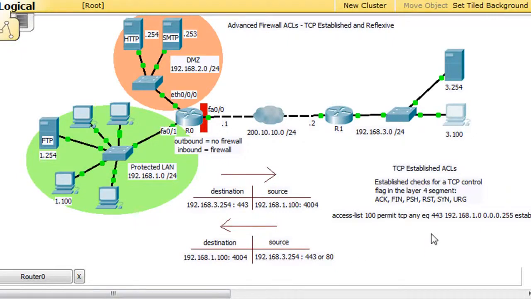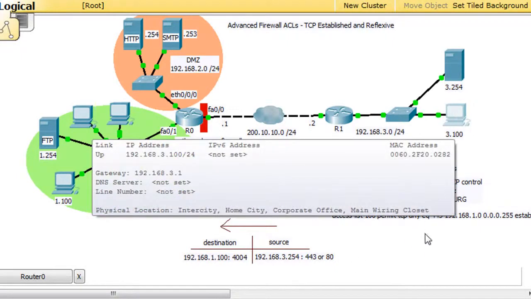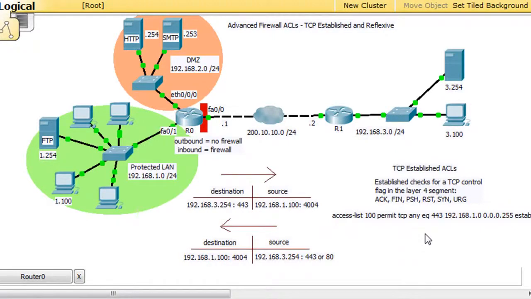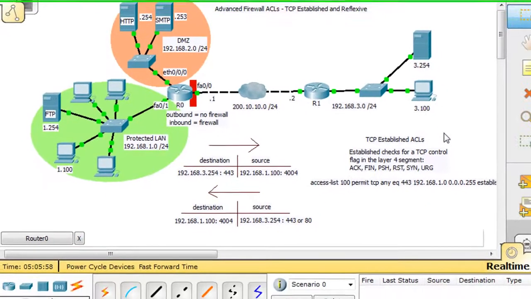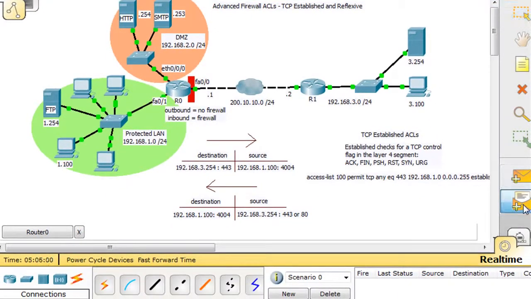So for instance, let's pretend we're a hacker right here, and we're going to attempt to access the network because we know that the network is allowing ports 443 and port 80 to come across. Well, why? Because we've basically put a rule in our firewall saying that 443 and port 80 are allowed. And this hacker over here has figured that out. So what we'll do is he'll create